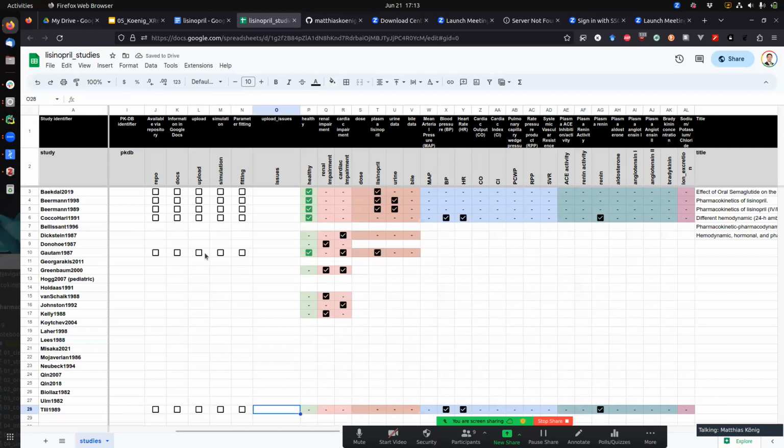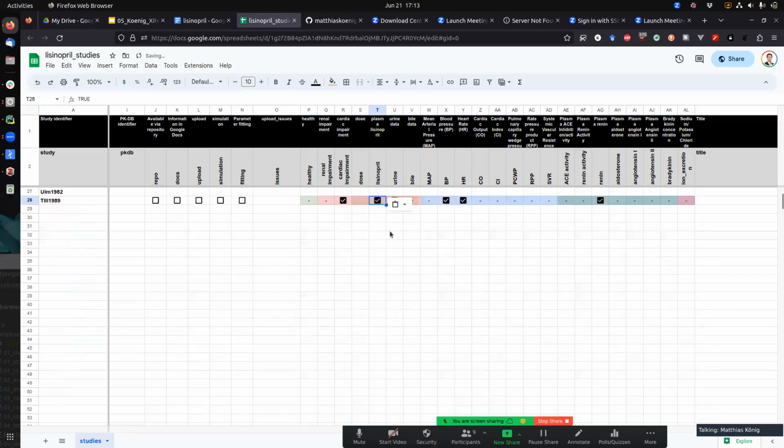The healthy data came basically from this Behrman study. We have the study here also. These are healthy controls, but we had data for cardiac impairment in here. We had data for lisinopril. We'll take the flag here. We had urinary data. We had data for lisinopril. We didn't have any data in the bile,